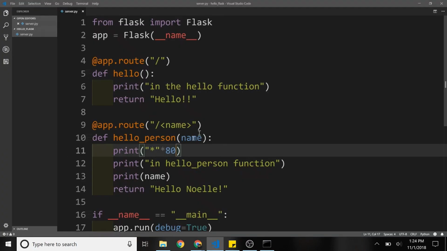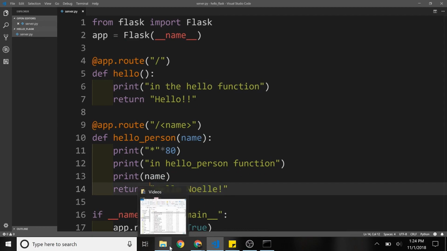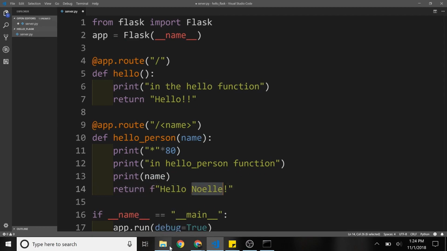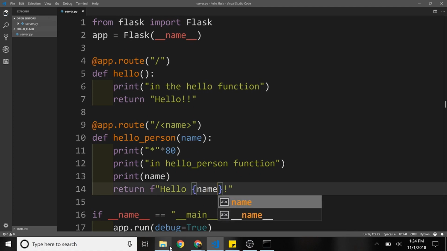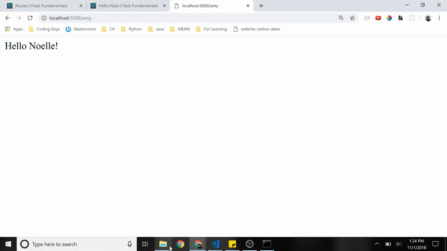All right, so finally, we can just use this. So we know this is a string. So what if we change this string to include the name that was provided? So we can turn this into an F string and replace this with the variable name. And now when we go to Amy, it'll say hello Amy. We can go to Michael. We can go to Batman. And we'll be able to see it can change with whatever was input here. And we don't have to write a million different functions to capture that variable.